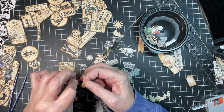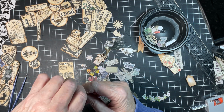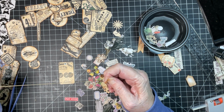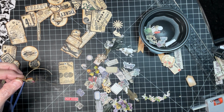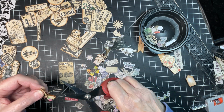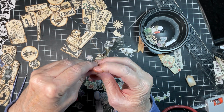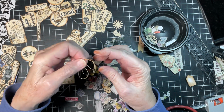This is upholstery thread from Hobby Lobby. And of course, I've had it for a long time because you don't use that much of it. You just use it every now and then. I think we'll do, yeah, that's good. And then we're going to cut that. How long do we want these? I think let's take this and let's just kind of scrunch it up. Just kind of make a mess with it